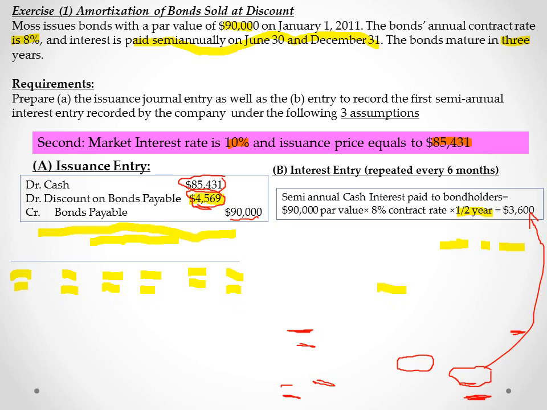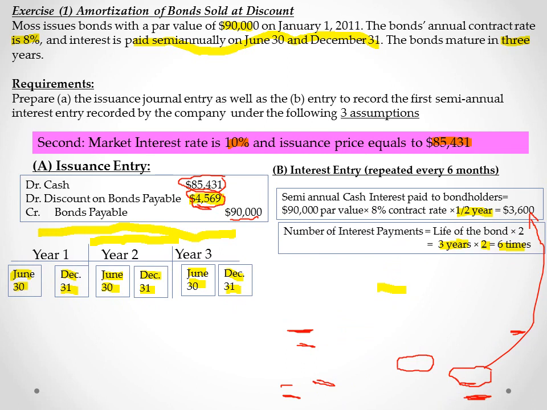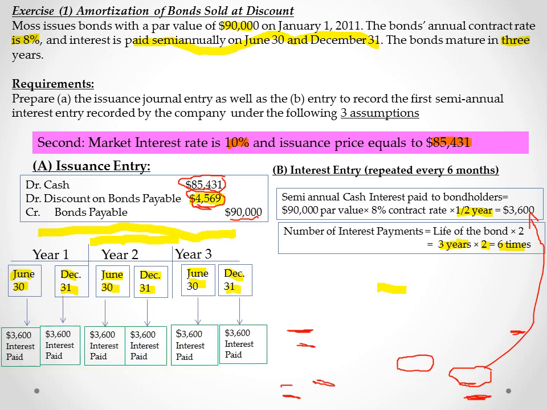So now we need to think about the second step, the entry to record the first semi-annual interest entry. As we mentioned before, this entry will be repeated every 6 months. Why? Because it's mentioned in the problem that this interest is paid semi-annually, meaning 2 times per year, meaning each 6 months. So we need to calculate the amount of interest that the company will pay to the bondholder every